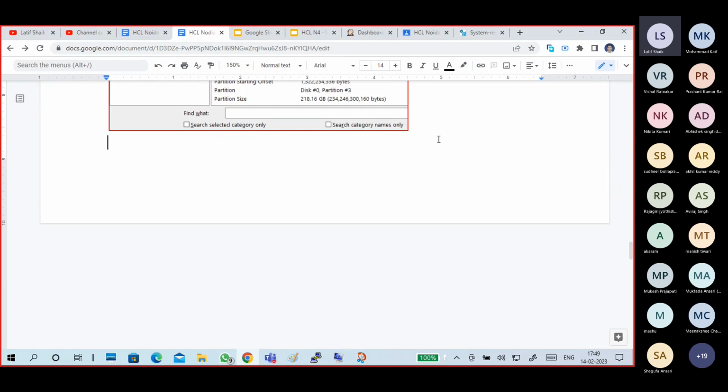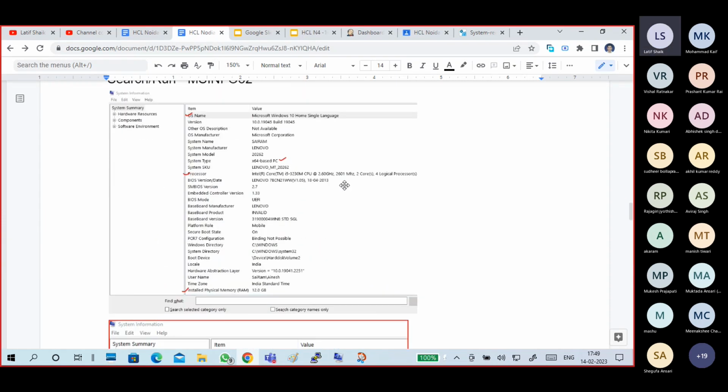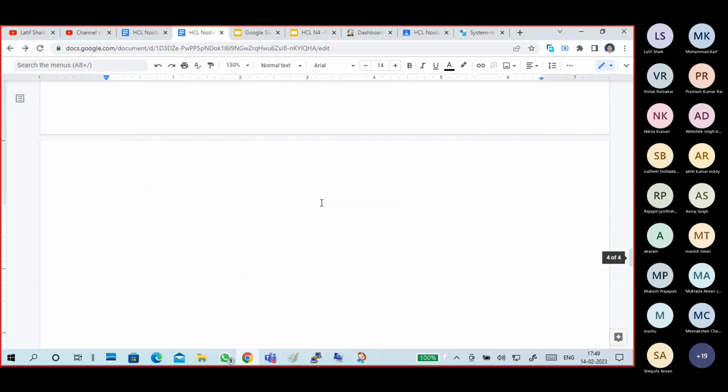Okay, so this is about your msinfo32. So we got information about your CPU, RAM, and from here hard disk, and here only operating system. Next one is again either search or run.